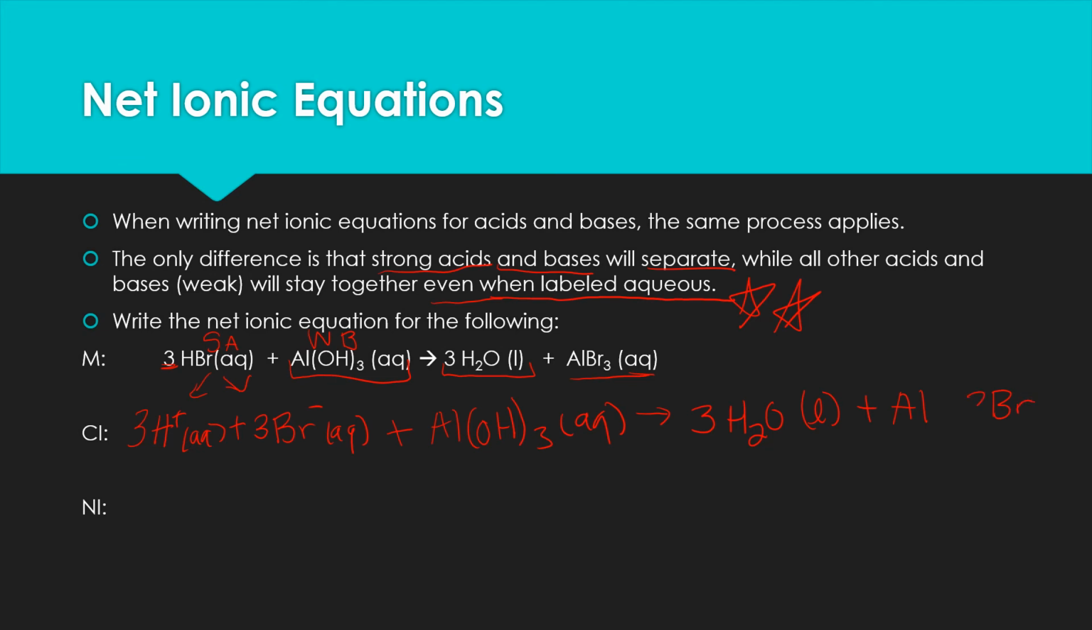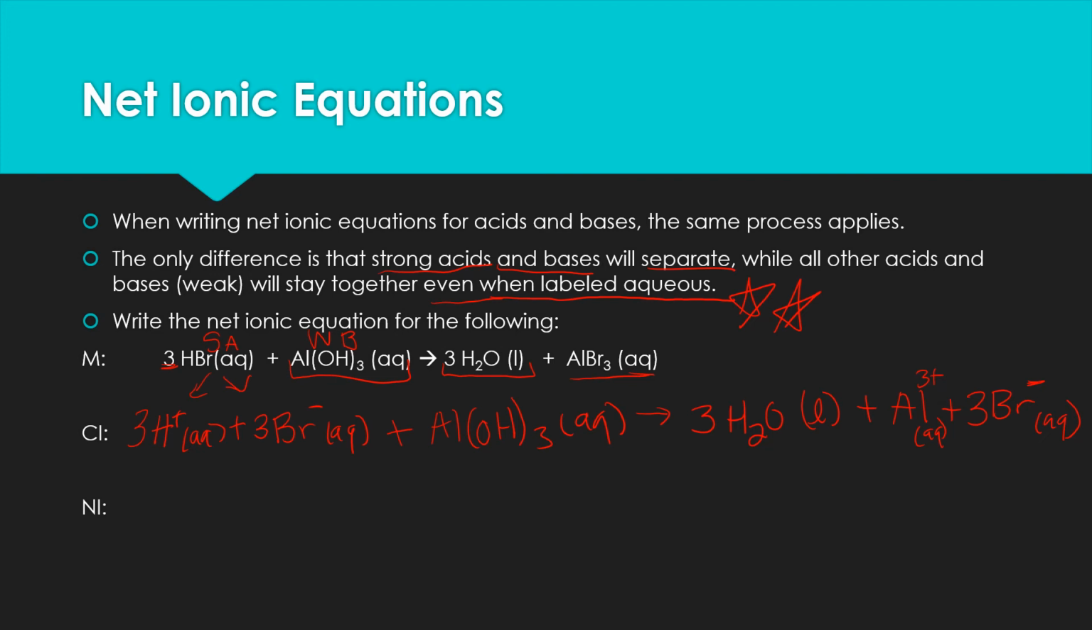We have 3 bromine that are negative. Aluminum has a 3+ charge, and I didn't leave a space, so that is aqueous, and this one is aqueous. So that is our complete ionic equation. We didn't separate as many things as we do in a lot of them. Now we want to look for our spectator ions, so things that do not change from one side to the